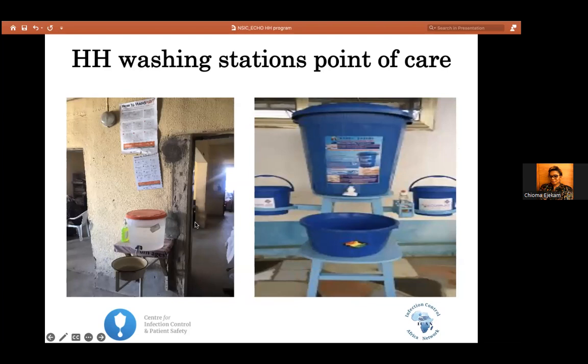Now, I put this up because this is actually beyond the hospital facility, in a very remote area, primary care facility. They have their alcohol-based hand rub with health workers, but they have lots of these in their point of care areas, right? Here, whenever they wash hands, to avoid splash where you see my cursor, they have an assistant in the health facility who discards this water. So the whole idea, what I'm trying to put up here, not that I'm suggesting you go on this, but rather than waiting for all the electronic guided or pedal bins or even non-touch ones, you can innovate based on your local context.